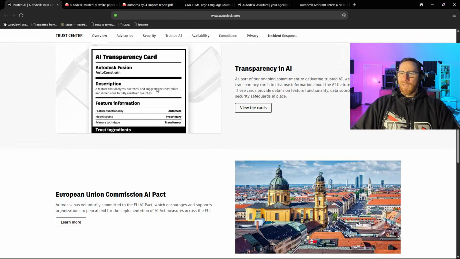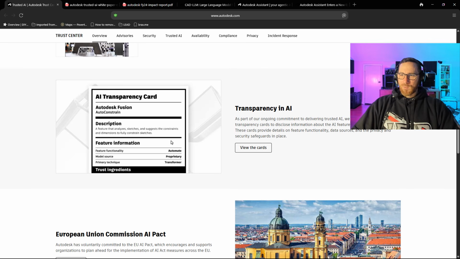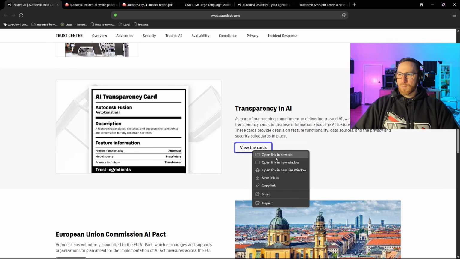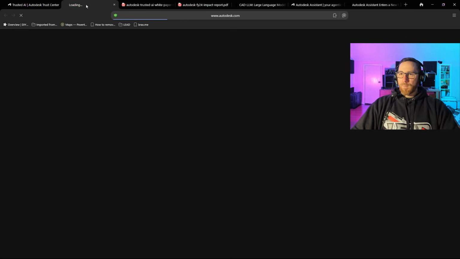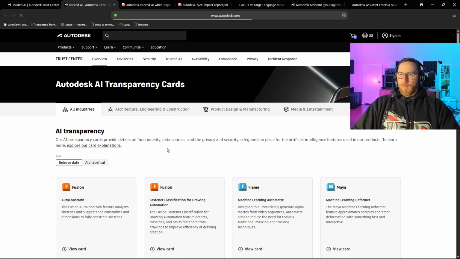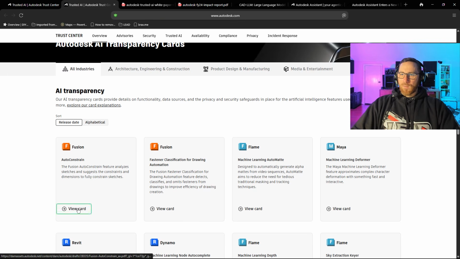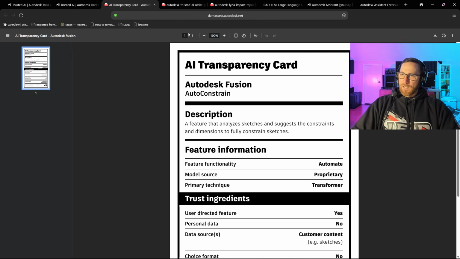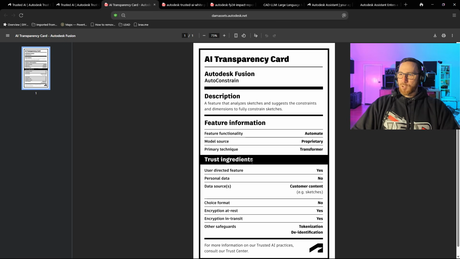in the description. They also have these transparency cards, which to me I thought were a little bit silly, but these are basically, they look like nutrition fact labels for food, and they have information about the very specific AI. So if I go, let's just open this one here. It's going to bring up a page and it will talk about, let's look at the Fusion Auto Constraint, for example. So again, it looks like a nutrition label, trust ingredients,